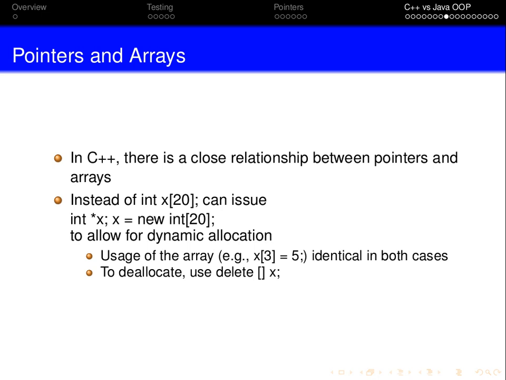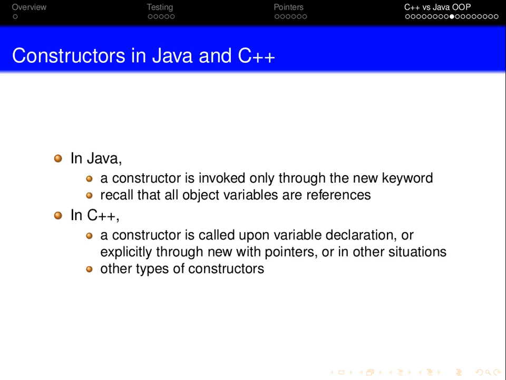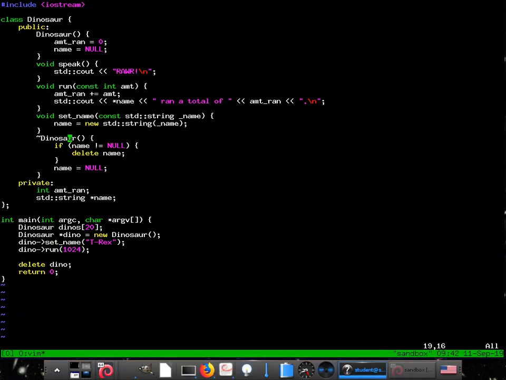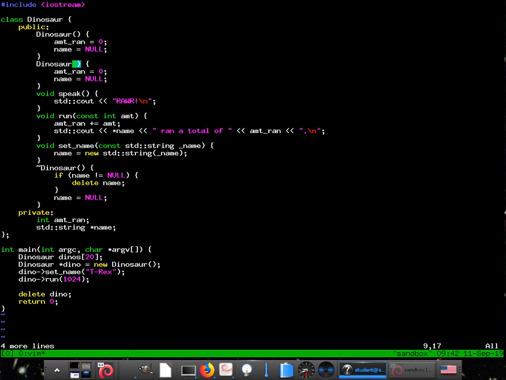So we already did pointers to arrays. That's great. Constructors are the same thing. We just went through constructors. You can also add parameters to your constructor. So for example, if you had dinosaur with a constant string